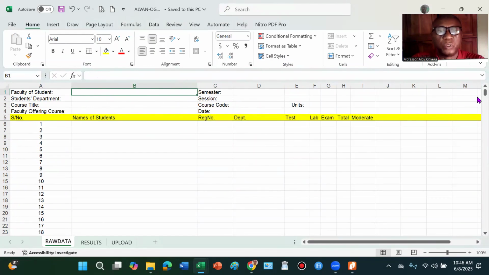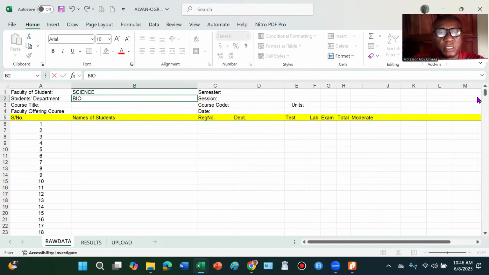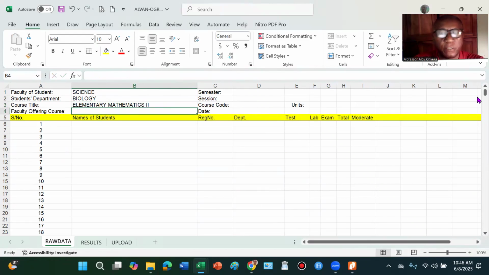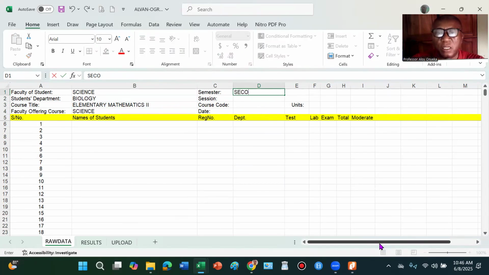So you now put the faculty of the student, which is science, the department of the student, let's say biology. Then the course title will now change. Let's say Elementary Mathematics 2. Okay, that's a second semester course. The faculty is science. Now you put second here in capital letters. So then the session still remains 2024,